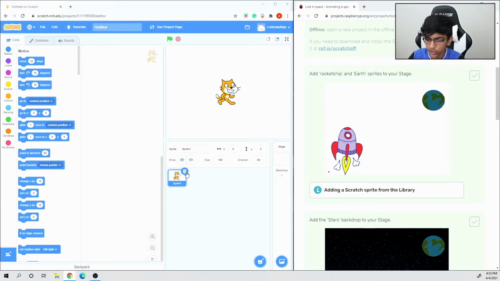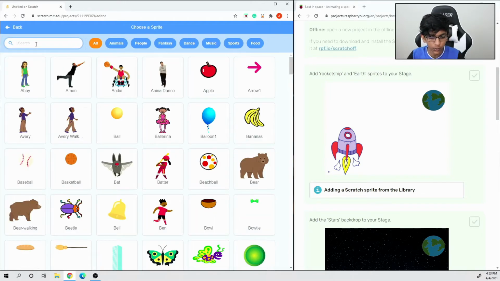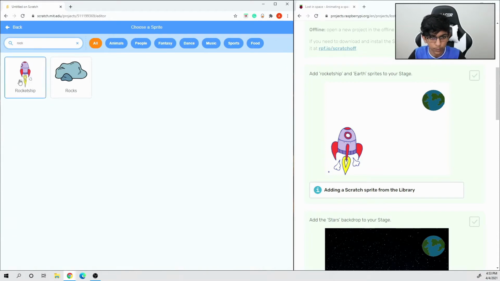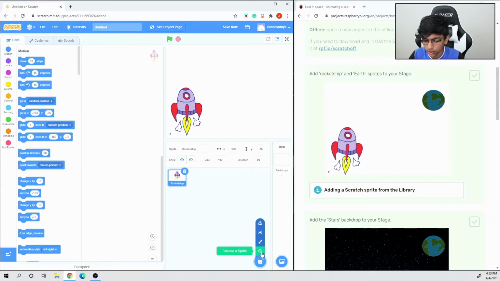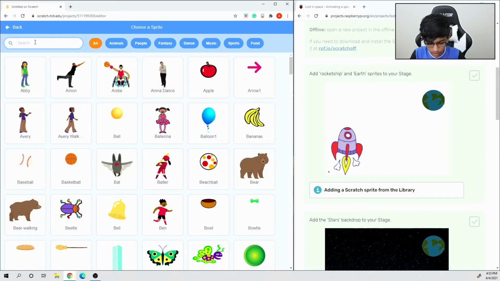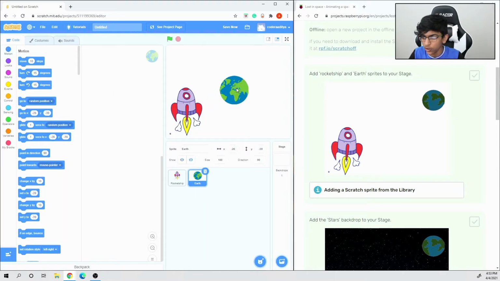Okay. So we can delete our cat by pressing the delete button, and then we can hover over this icon, and then choose a sprite, and we can search for rocket ship like this. You can move this to the corner, and then search up Earth here, and you can move it to this corner. Okay, so now